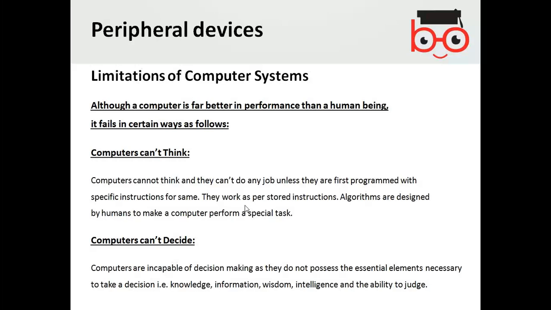But unfortunately, computers won't be able to think or decide, because they don't have the capability to decide anything until you feed them the decisions.